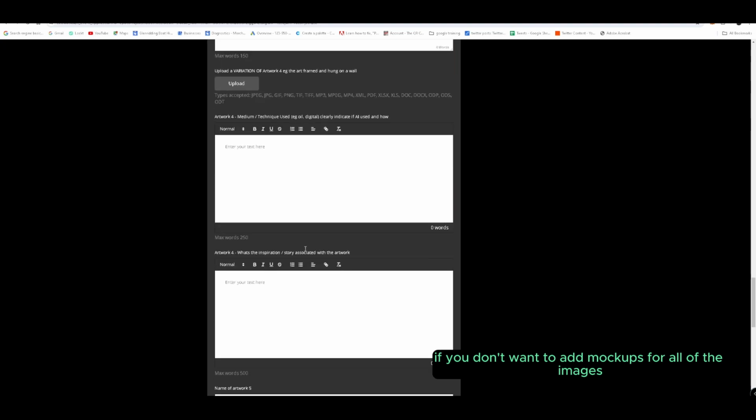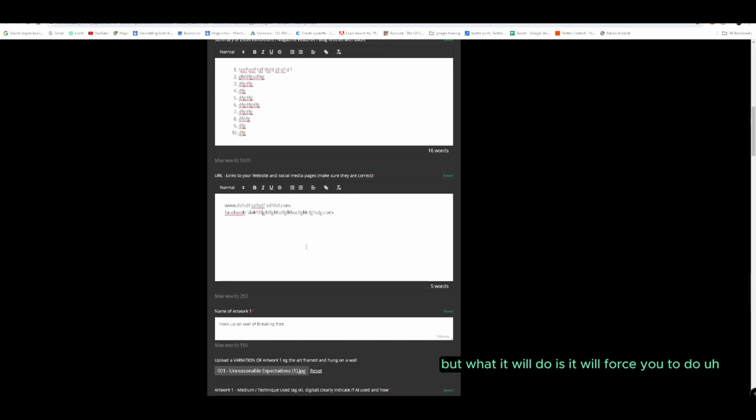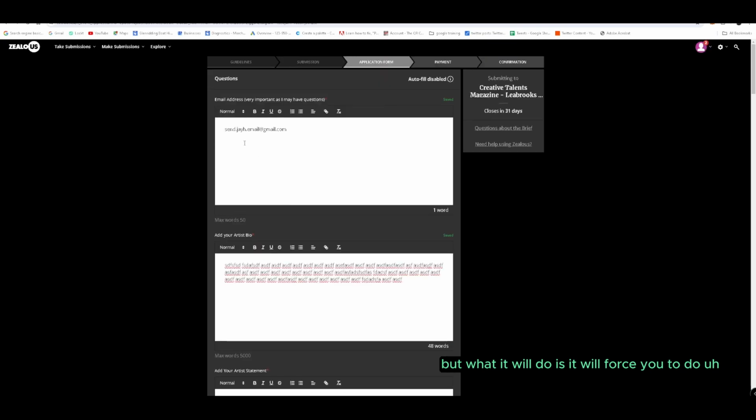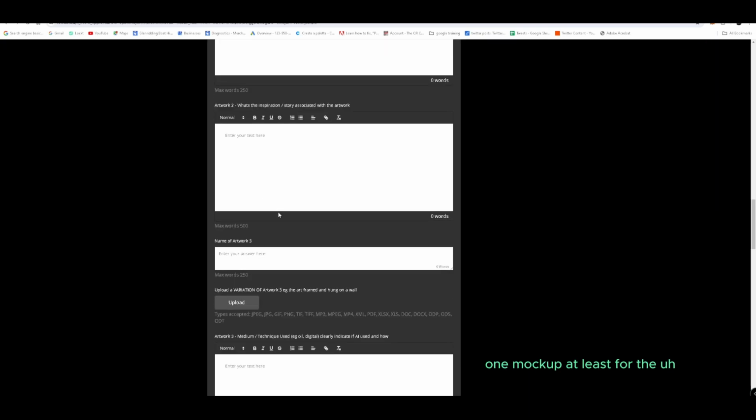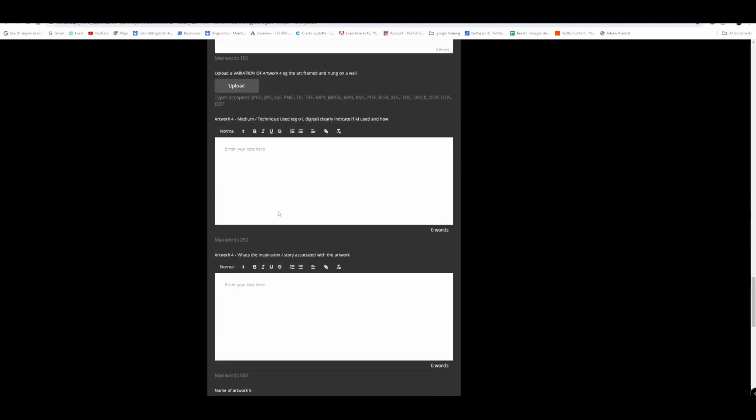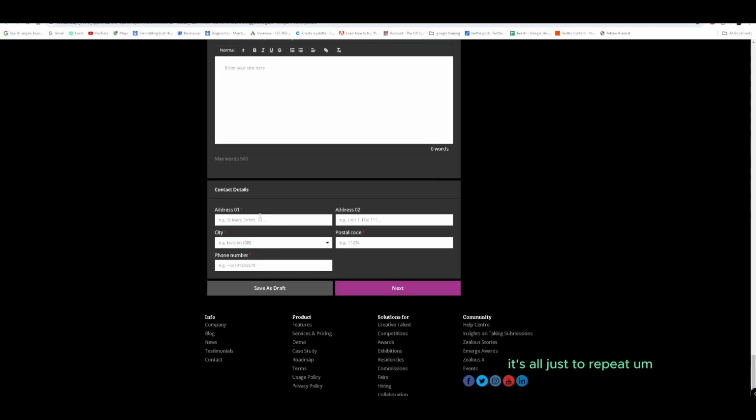If you don't want to add mock-ups for all of the images you put on, you don't. But what it will do is force you to do one mock-up at least for the one image. When you've entered it, it's all just a repeat. All I need you to do then is to add name and address details here. Excuse me, I just had a quick drink. The address details are required because part of the options when you get to the next section is to have a printed copy, and